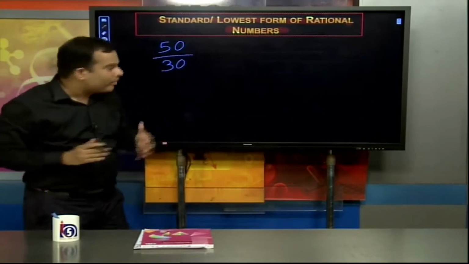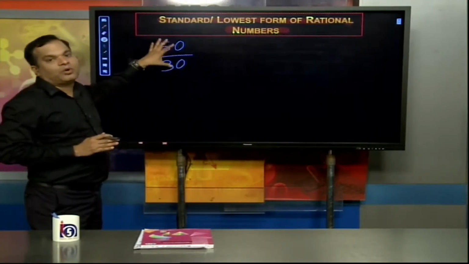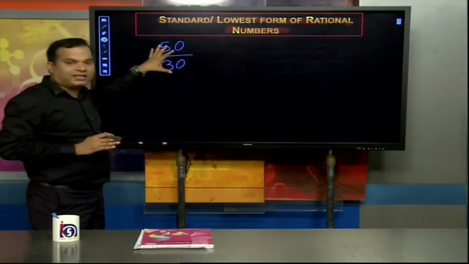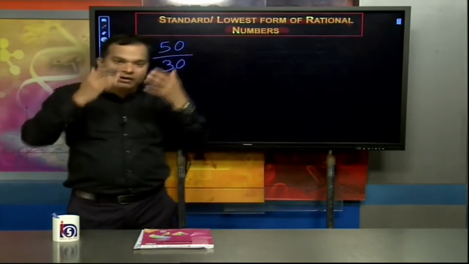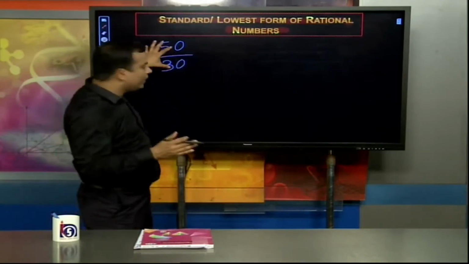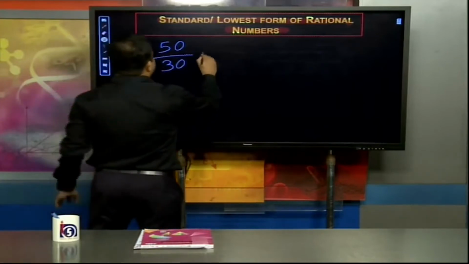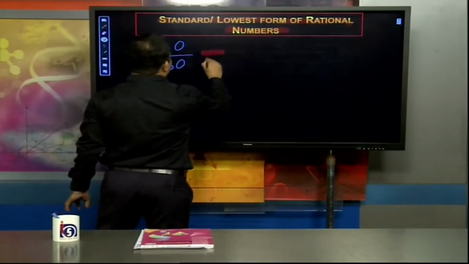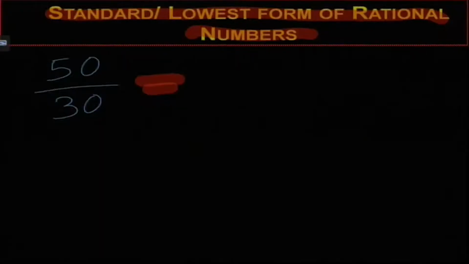If it is not in its lowest form, we cannot say it is the standard form of a rational number, though it is a rational number. It is a rational number, but I cannot say it is the lowest form. When can I say it is the lowest form or standard form? If a common quantity divides both, suppose I write